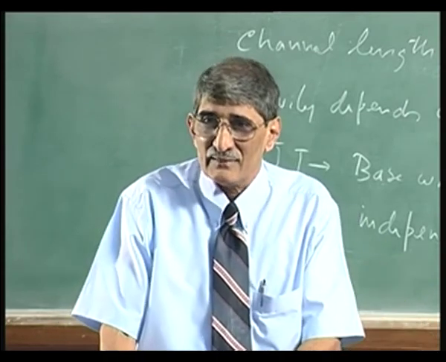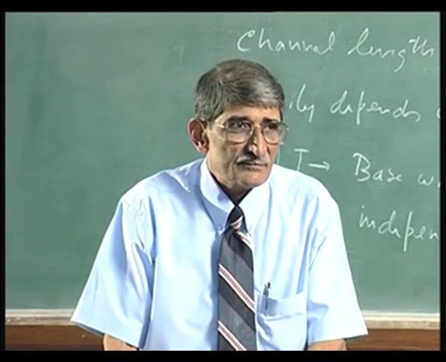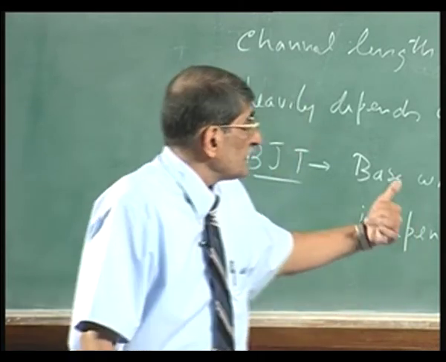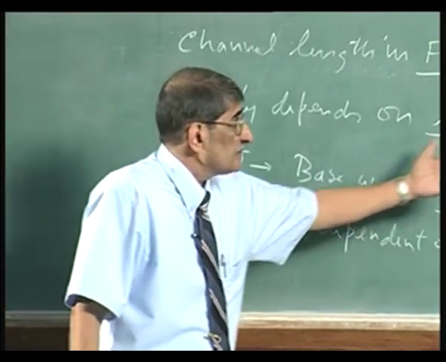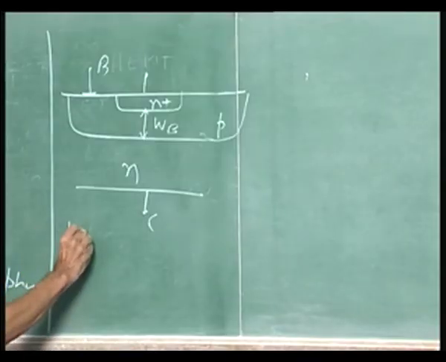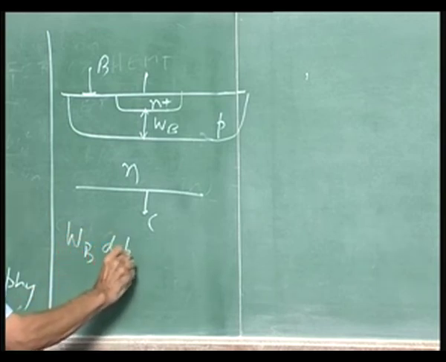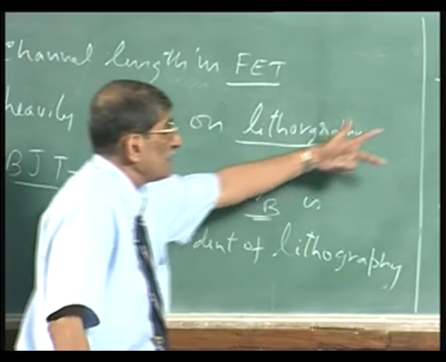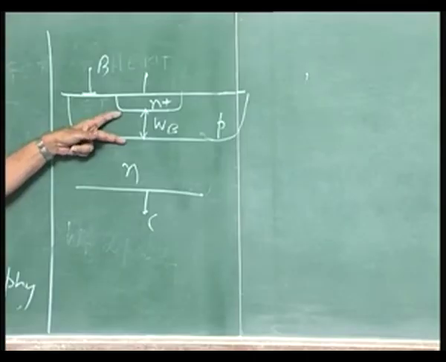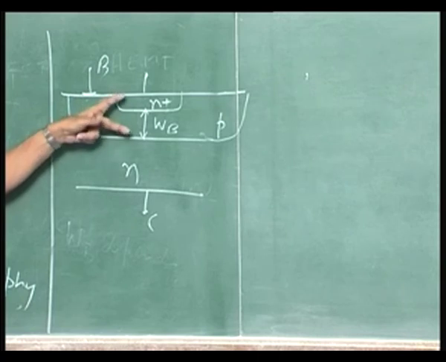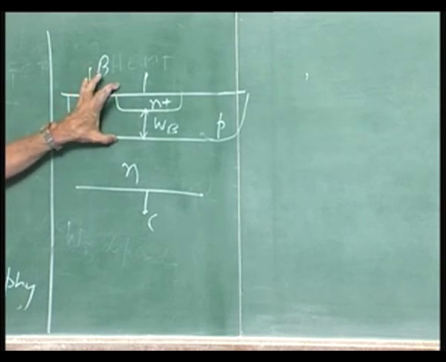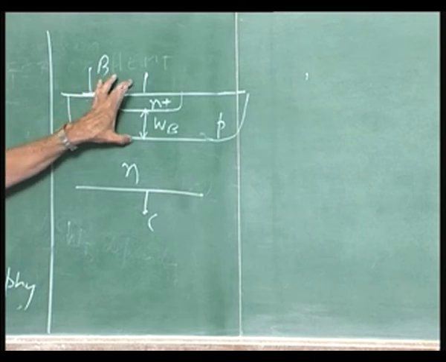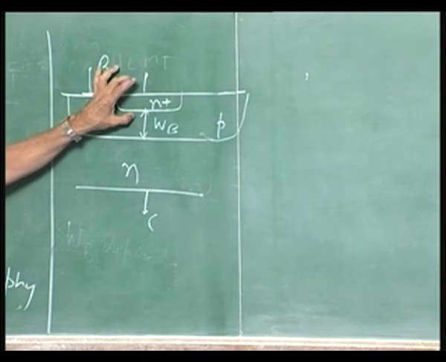Only today we are talking of that, after about 20-30 years, because of its dependence on lithography, whereas this depends on WB. W is independent of lithography. It depends upon, if you are doing by diffusion, single diffusion, double diffusion. The diffusion depends upon time and temperature. You can control this width quite precisely,